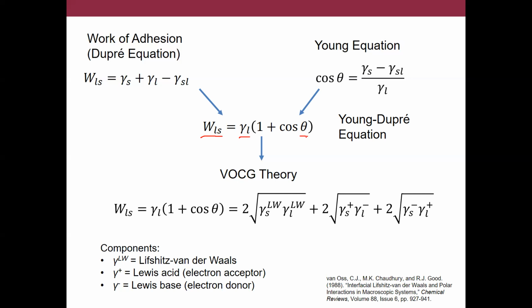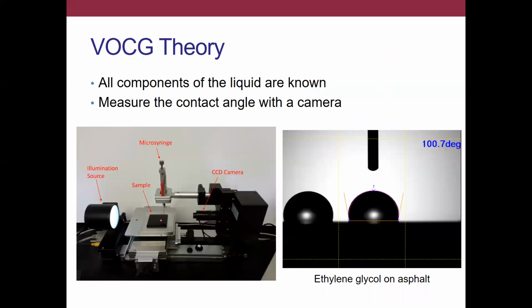Okay, so in the end, what we end up with is an equation of three unknowns, and our unknowns are all of these properties of the solid. We use liquids of known properties, so we know these three properties for the liquid. Then we measure theta. We also know gamma L. So we essentially need to do three different liquids to get data for three equations to evaluate our three unknowns. All right. And so that's how we do this. And then you can look in the publication to see the actual liquids we used.